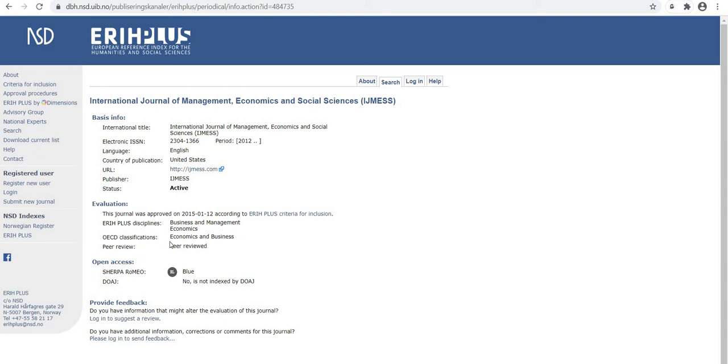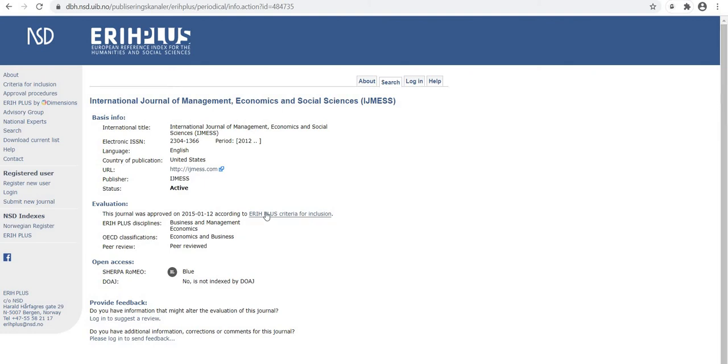For open access status, it's a Sherpa Romeo blue colored journal, and it's not indexed by DOAJ. So this is how you can search the indexed journals just by typing the name of the journal, the ISSN, or any other keyword according to your field.